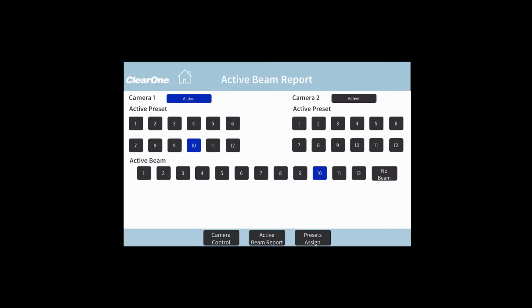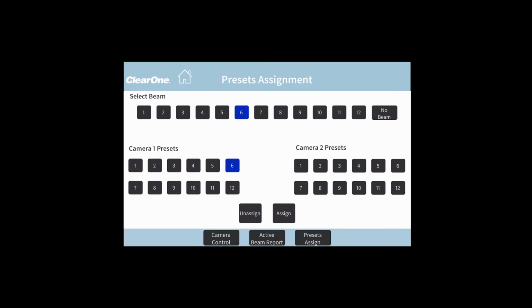The active beam report page shows in real time which audio beam is active and which preset is being called in conjunction with that beam. This page can be utilized to verify that active beams are correctly associated with the expected camera preset, a feature especially useful for troubleshooting. As the name suggests, the presets assigned page is where the BMA 360's active beams are